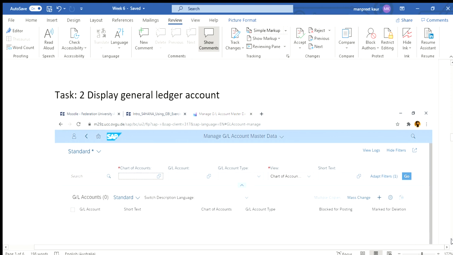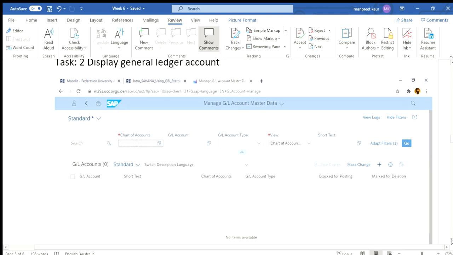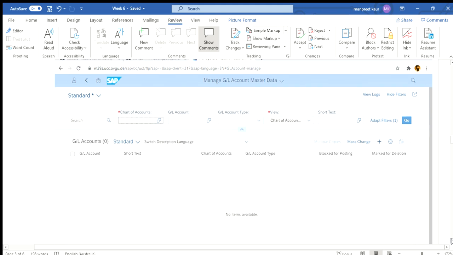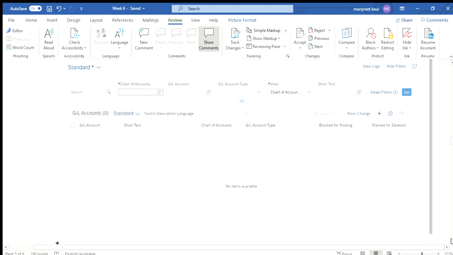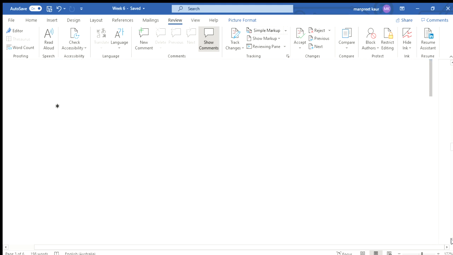For displaying general ledger account, we need to go back to the home screen and click on manage general ledger account master data. When we click there, we will get this screen which we need to fill as per the instructions which are given.